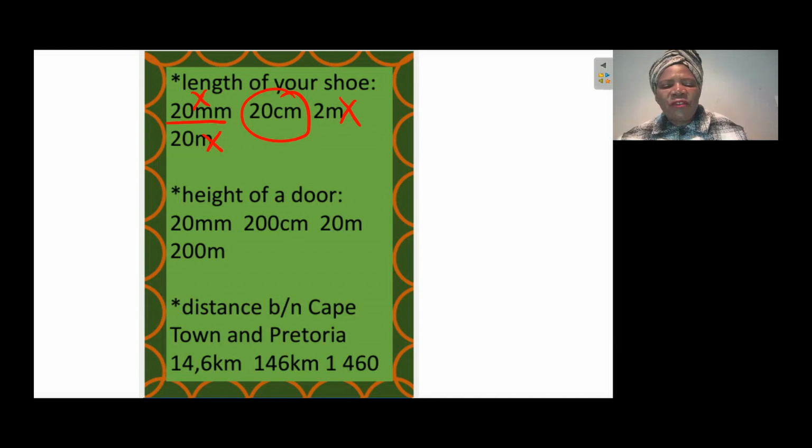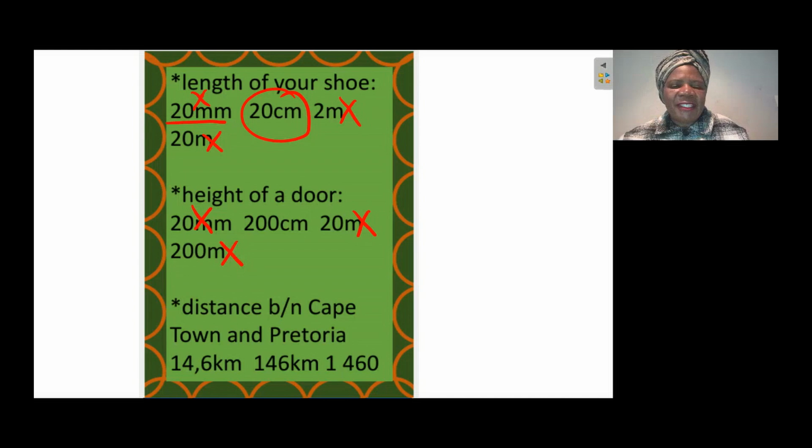Then the height of a door, 20 millimeters is too much. Maybe it will be your finger only which could get in there, but it won't even fit. Then 20 meters is too much for the height of a door. And 200